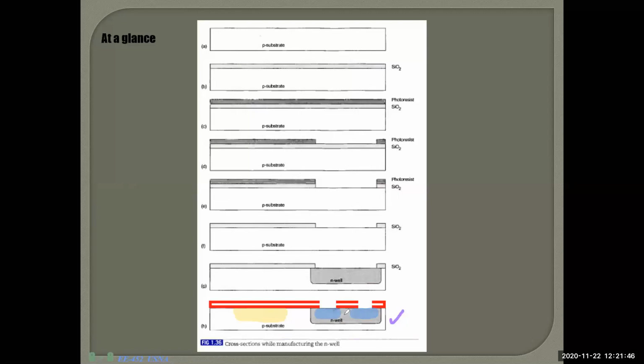Okay, so this is P-type. After that, what happened? Once this is done, you give some more hydrofluoric acid. It will be gone. Now you are ready for the next step. Again, this process will be repeated several times, unless you got something like this.